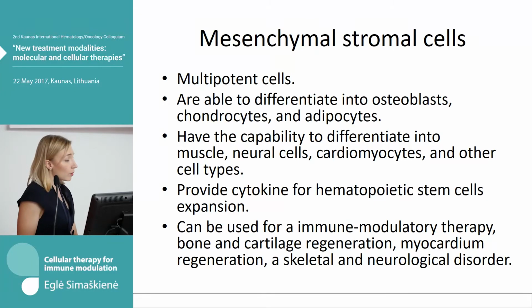They are multipotent cells found in several adult tissues, and in vitro experiments demonstrated that clonal human MSCs are able to differentiate into various lineages, including osteoblasts, chondrocytes, and adipocytes. Studies have also indicated that MSCs have the capability to differentiate into muscle, neural precursors, cardiomyocytes, and possibly other cell